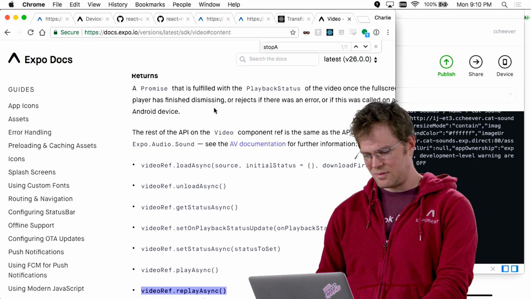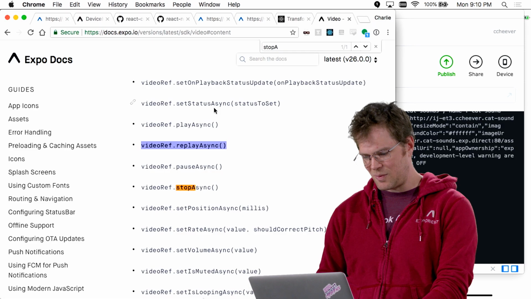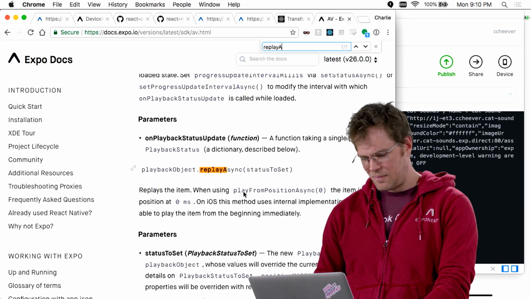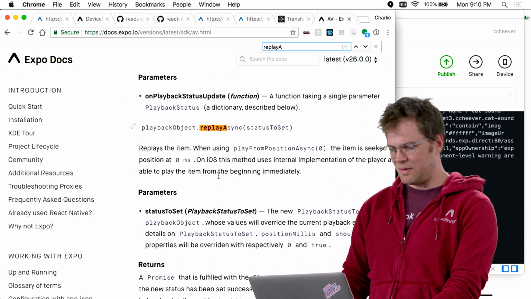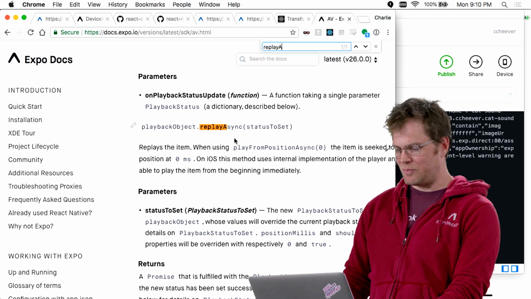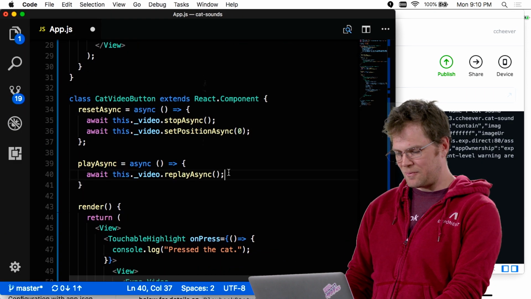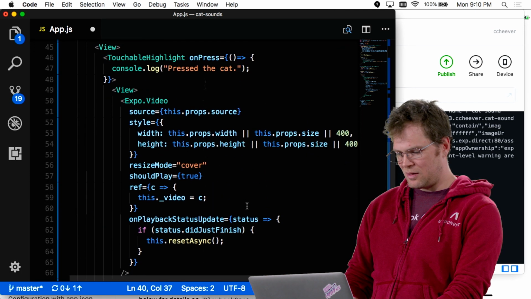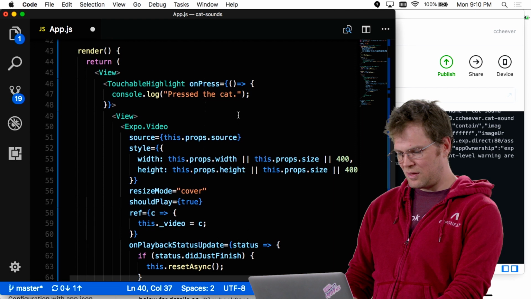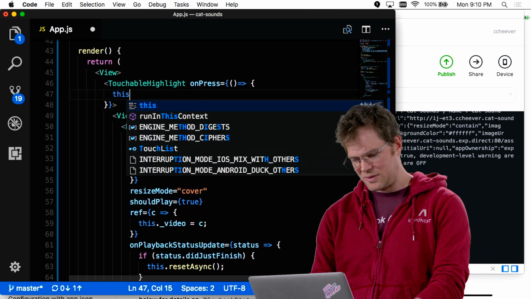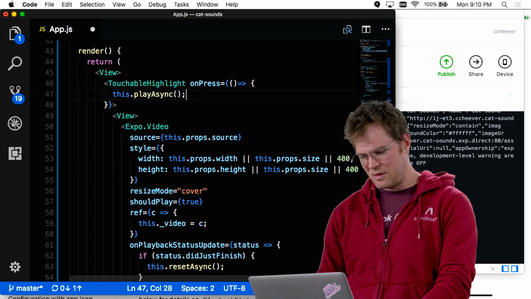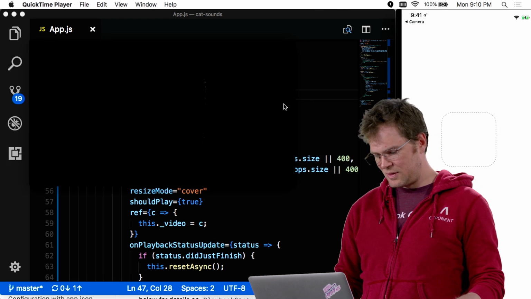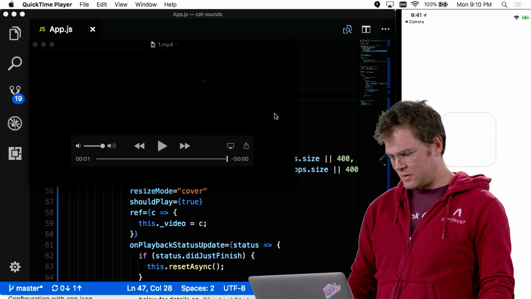Which is documented in the AV function, I guess. But basically, this will replay the item from position 0. So that's a pretty good thing to use. So now when you press this, instead of logging that, I'm going to say this dot play async. Cool. So now, if I go look at this, once this loads,